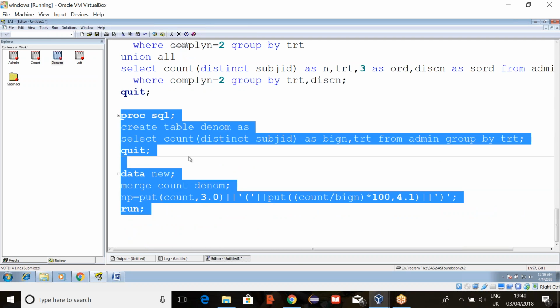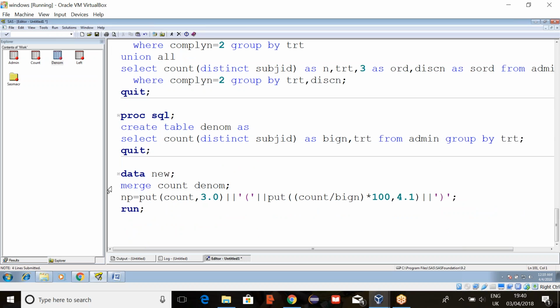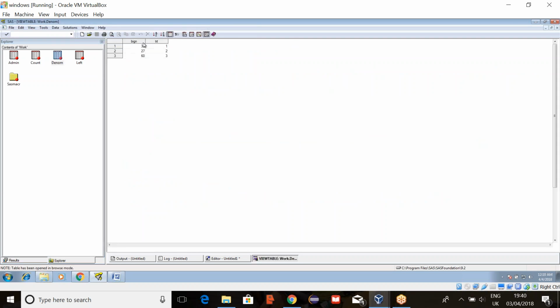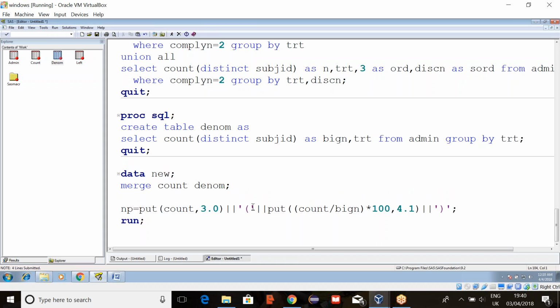When we merge here, we have to merge by a common variable, right? What is the common variable we had between these two? We had treatment as a common variable. So by TRT. And before that, we have to sort the data set, both the data sets.